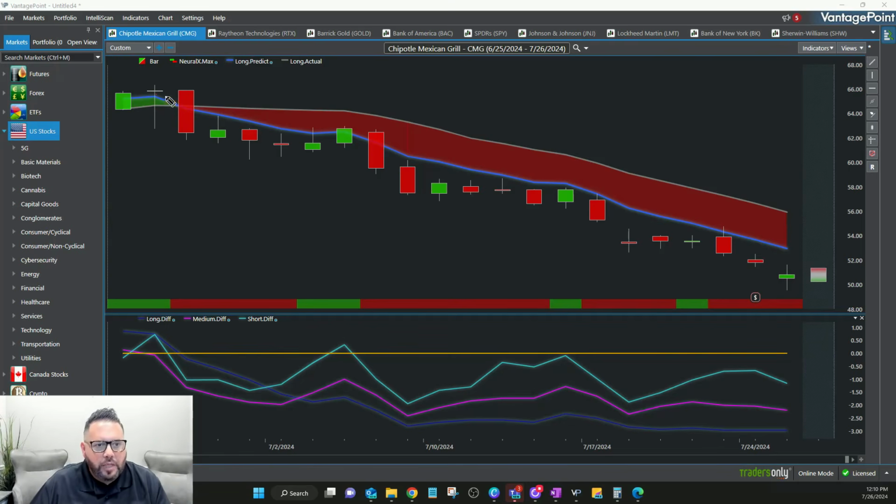I've got a blue line going through my screen with a gray line and then a shaded area between those two lines, okay? We're going to start there because that's the first piece of doing the analysis in the Vantagepoint software. And what we're looking for is this crossover right here. When the blue line crosses below that gray line and the shaded area goes from green to red, that's where the artificial intelligence is saying, hey, at this point, we're expecting this trend to start going down based on that